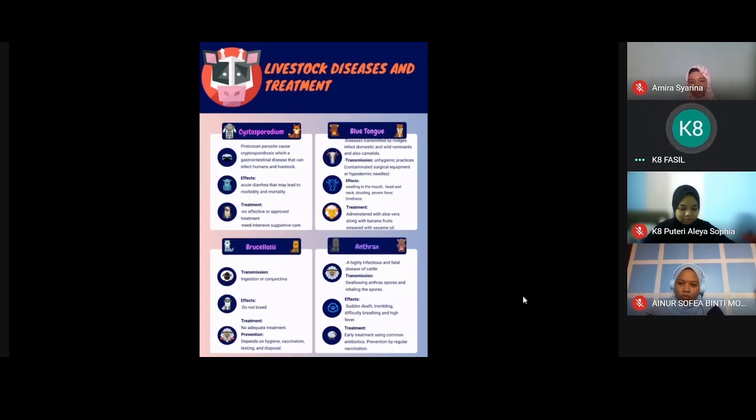And the effect is sudden death and trembling, high temperature. Next, difficulty breathing, collapse, and convulsion before death, and high fever. And the treatment is, due to the acute nature of the disease resulting in sudden death,